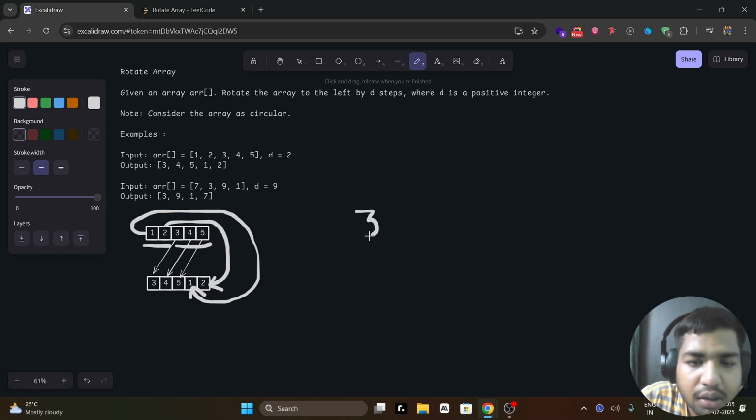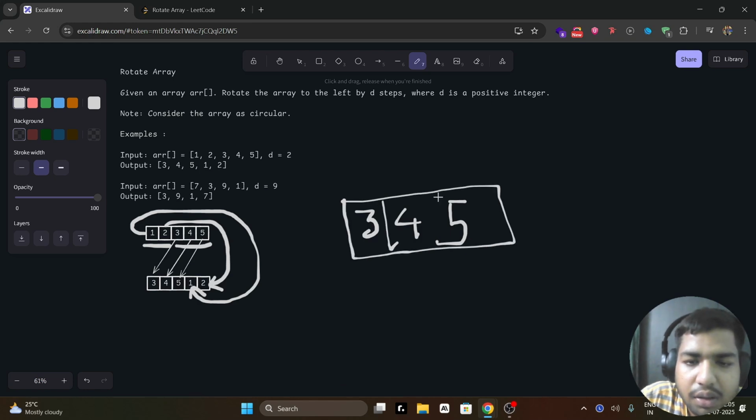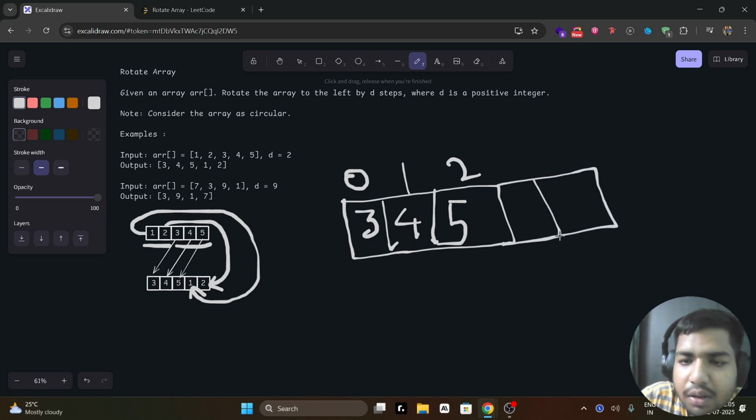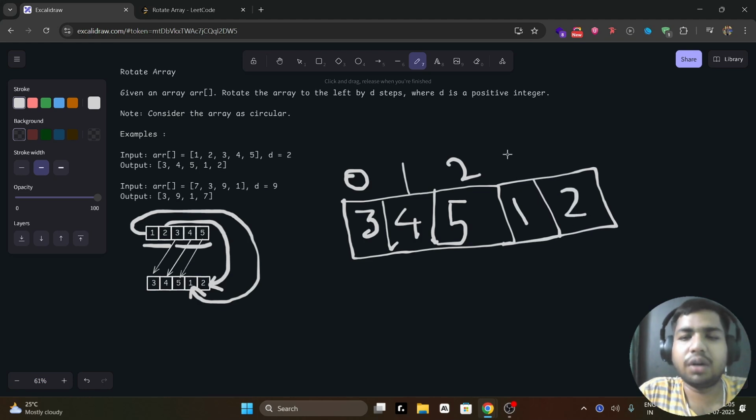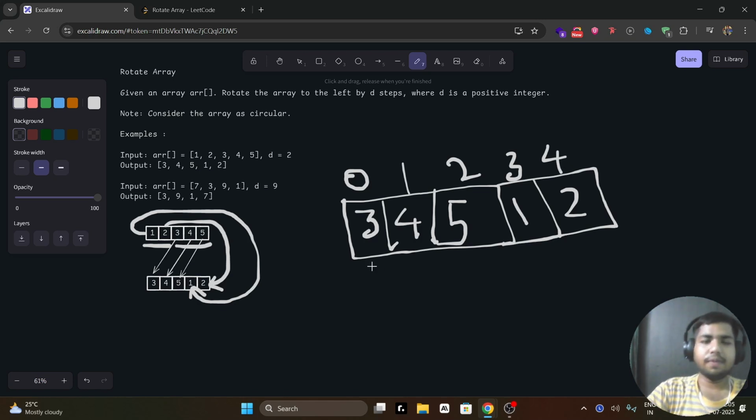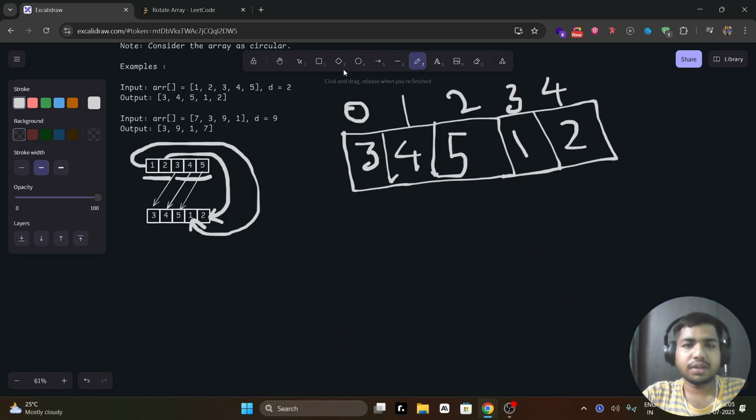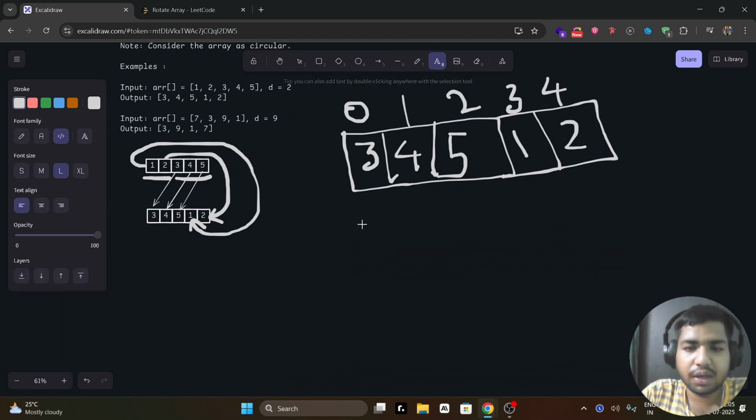We'll take 3 4 5 and put it at the first part of the array, at ARR of 0, 1 and 2. Then we'll have 1 2 at last. This method, whichever I'm teaching, is the brute force way of doing it. So how we can write the code for this is, what we can write here is,